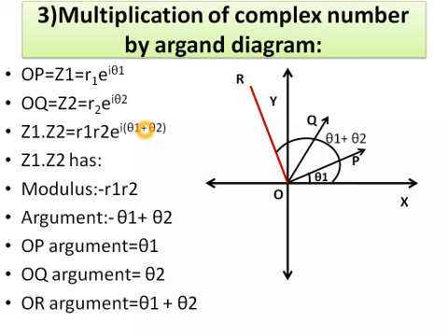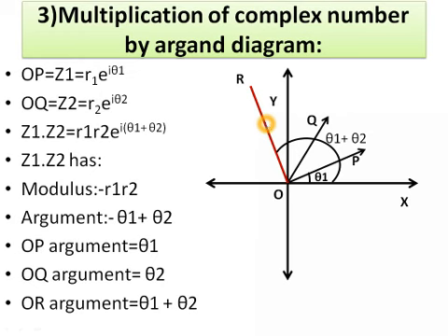But in addition to that, it is at a greater distance with respect to the origin and at a greater angle with respect to the positive x-axis. As a result, the answer of the multiplication has modulus equal to R1 multiplied by R2, while the phase angle is equal to theta 1 plus theta 2. By performing their multiplication, we have shown the new vector, represented here as OR, in red color.